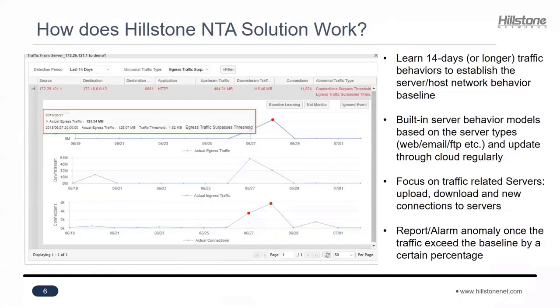When this alert happens, administrators can look into this, and if this is a false positive, he can do several actions. He can ignore this event, so that similar events will not be reported in the future, or he can select a not monitoring action, after which the whole flow will not be monitored. And also he can select baseline learning, which adds this particular event or traffic amount back to the baseline learning,